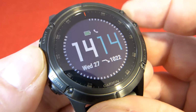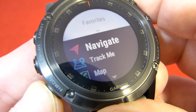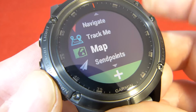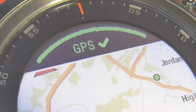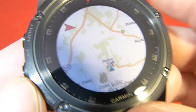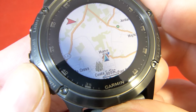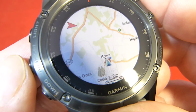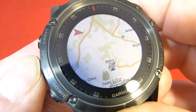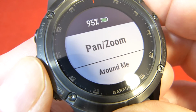So pressing select takes you to the navigation, and I need to select map. I also have a notification that the GPS is connected, and from here it's showing my present location. So by pressing up with a long press of a couple of seconds brings me to this menu, pan and